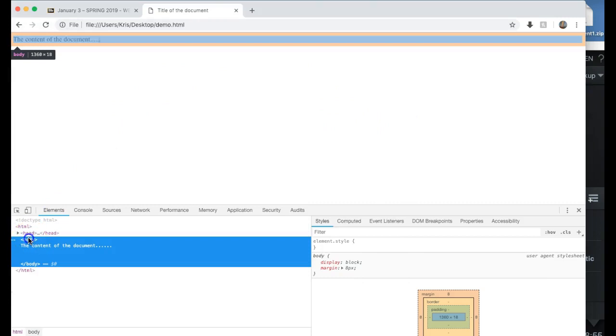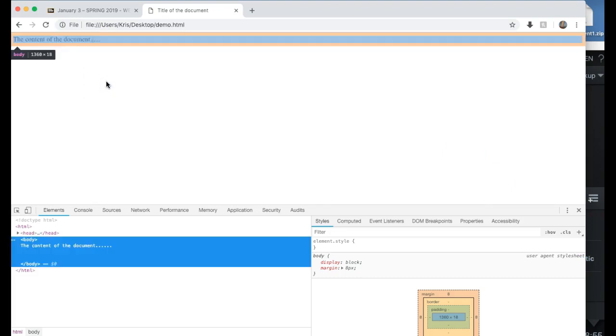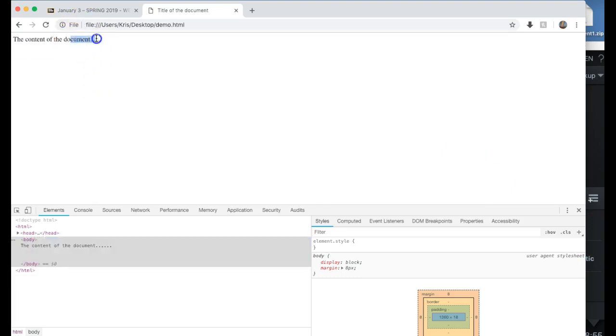So when I hit the body tag here, you're going to see margin of 8 pixels. And the fact is, I didn't write that code. There's no CSS in this document, but it's called a user agent style sheet. So again, when you want to see what styles are affecting your HTML, simply highlight the text in Chrome and then Control-click, and you'll see Inspect. And we're inspecting the body tag here, and that is literally a user agent style sheet. That's CSS that the browser is rendering. So now back to our